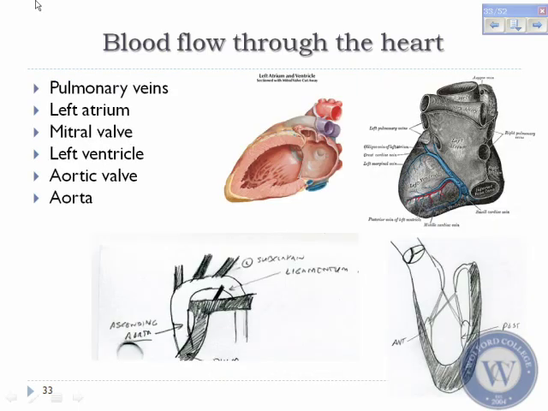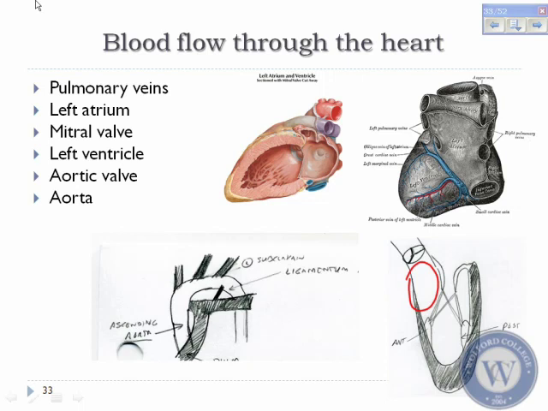The blood flow through the ventricle, if you look at it from the pulmonary veins, the pulmonary veins are the ones that actually have the oxygenated blood returning back. There's usually 4 pulmonary veins coming back and eventually reaching the left atrium. Okay? The left atrium then pumps through the mitral valve into the left ventricle. Eventually, it goes out. We have what's called an outflow tract, which is this, eventually going out to your